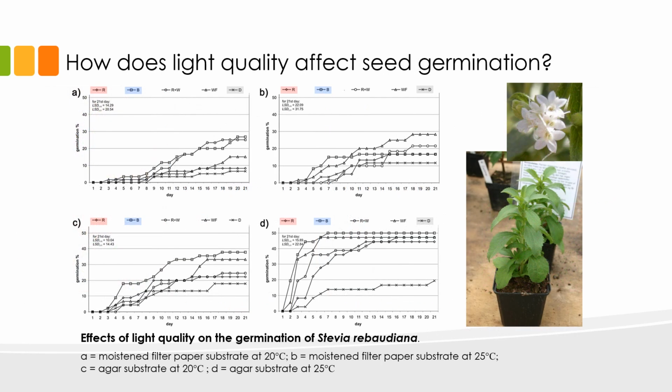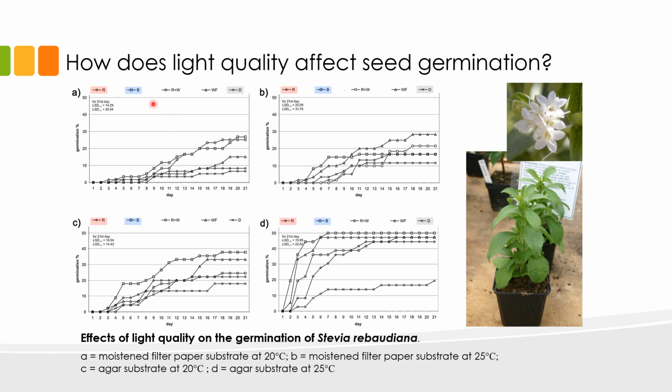Lastly, we have light quality. This slide illustrates the effects of red, blue, white, and a combination of red and white light on the germination of Stevia rebaudiana, and that is the plant that is pictured right here. On the y-axis of these graphs, we have the germination rate, and then on the x-axis, we have the number of days of germination. Seeds of Stevia were germinated in moistened filter paper or agar at 20 or 25 degrees